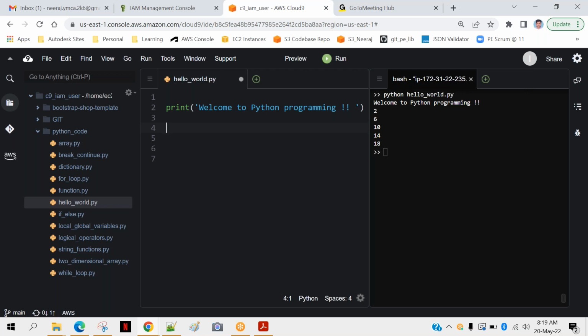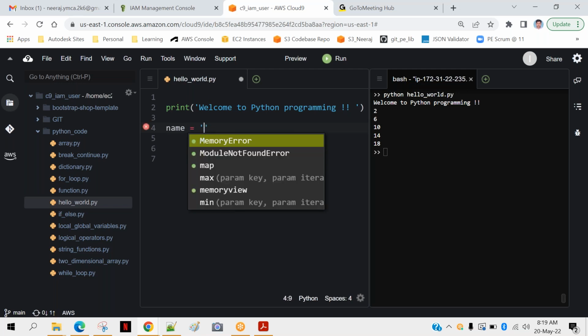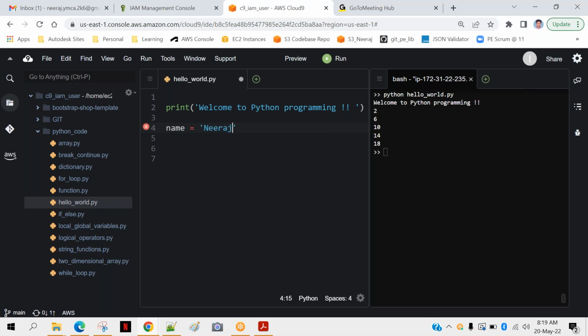So suppose I am taking a variable name equal to Neeraj, okay? And I will put a condition: if, in the bracket, name is equal to equal to Neeraj, because I'm comparing, right? Put a colon.